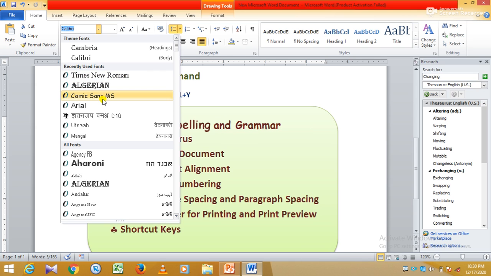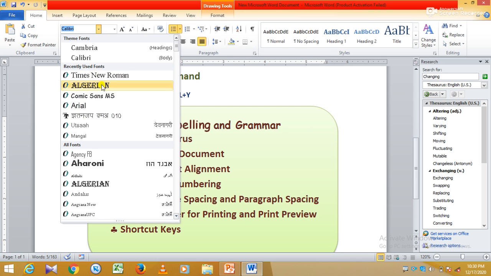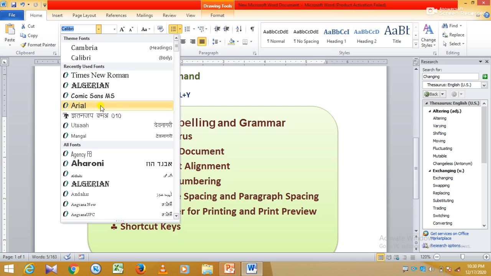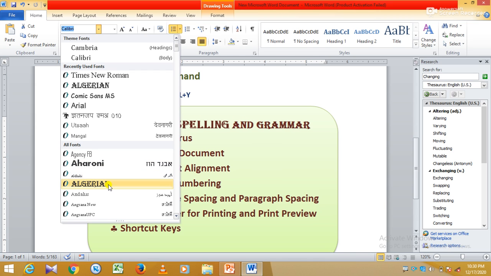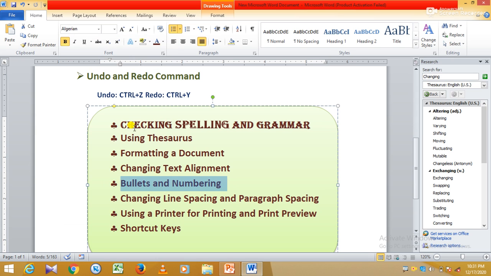Whatever font I choose, you will see the changes here, like Comic Sans, Arial. So in this way you can change the font from here. Like I am choosing this one.